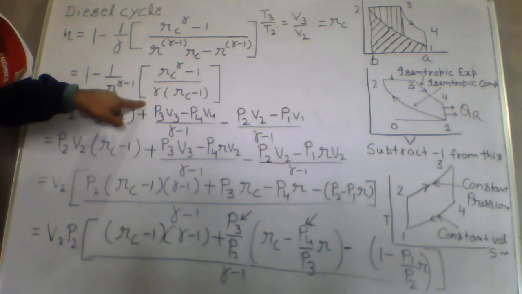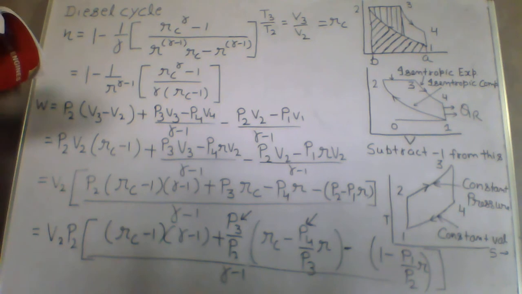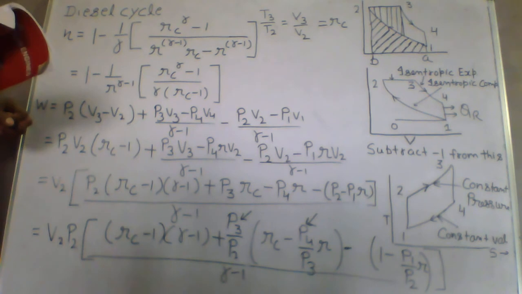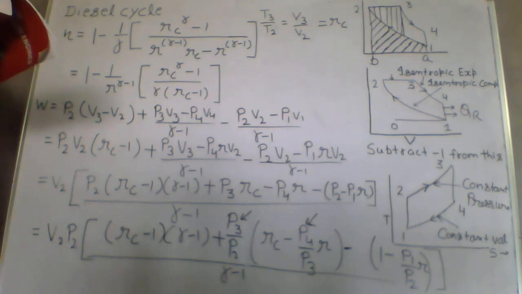In diesel engines, the fuel cutoff ratio RC depends on the output, being maximum for maximum output. Therefore, unlike the Otto cycle, the air standard efficiency of the diesel cycle depends on output. The higher efficiency of the Otto cycle as compared to the diesel cycle for the same compression ratio is of no practical importance. In practice, the operating compression ratios of diesel engines are much higher compared to spark ignition engines. Due to the higher compression ratio used in diesel engines, the efficiency of diesel engines is more than that of gasoline engines.